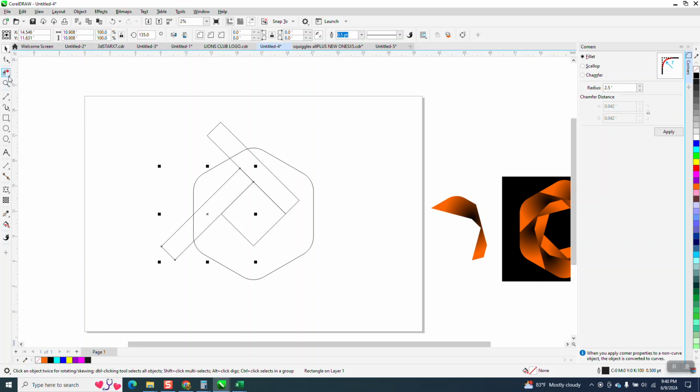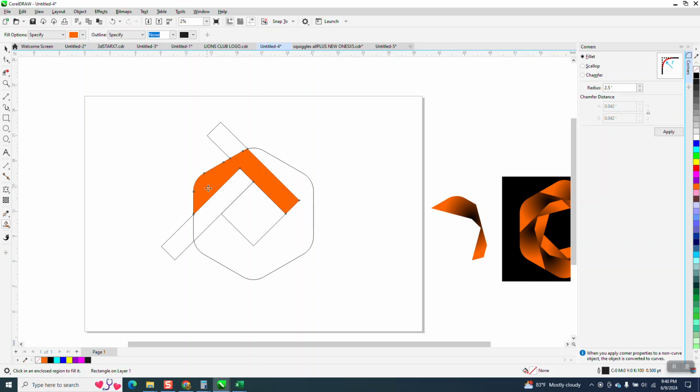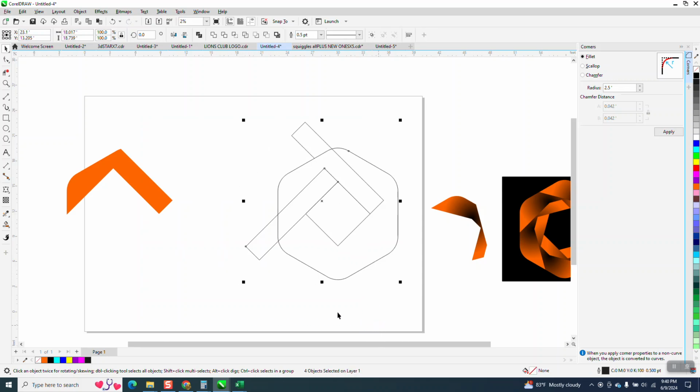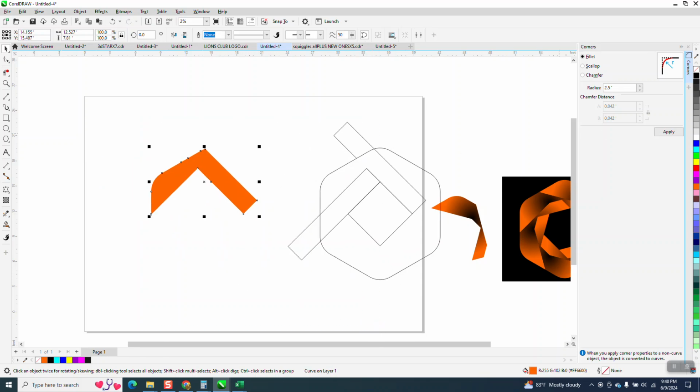So I took my virtual segment delete key and I deleted that line. And then I filled that in with the Smart Fill tool. Now, you don't know if it's going to work yet. So what we're going to do, I've nudged it twice. I'm going to nudge this over twice, put this back, and I'm going to